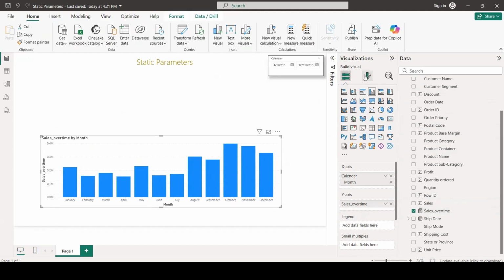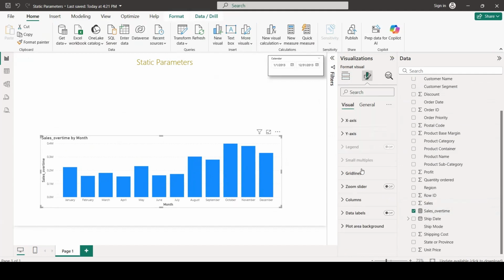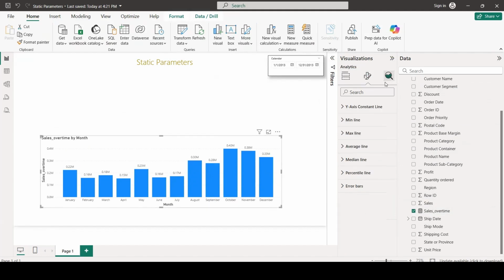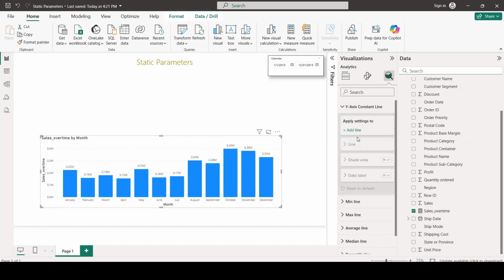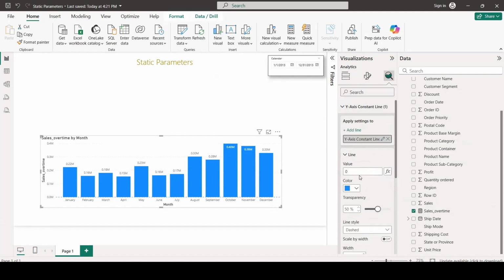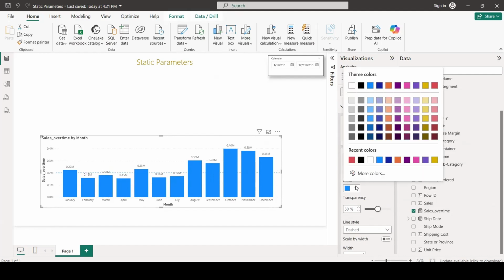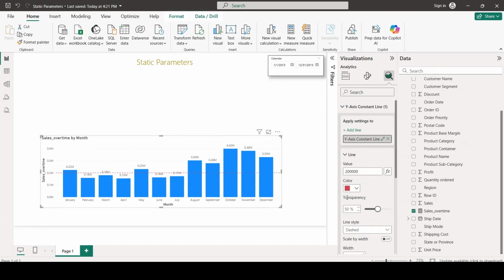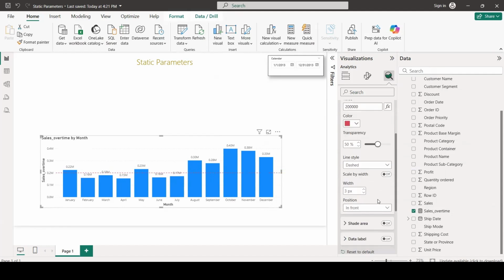I will just add some labels, and maybe we can add a target line, and we will say 200K, just to have a target line on the graph. Okay, I will send this behind.